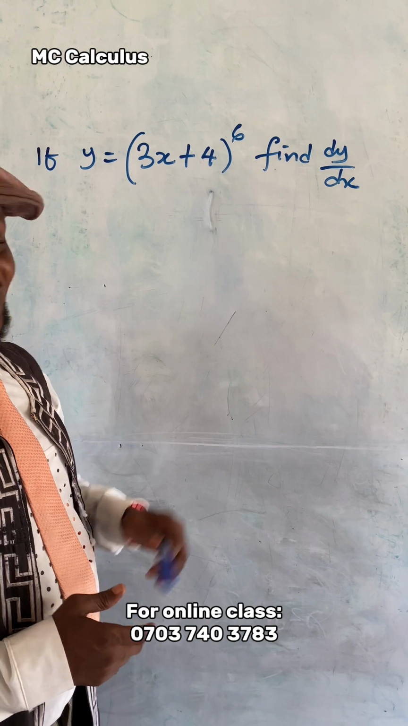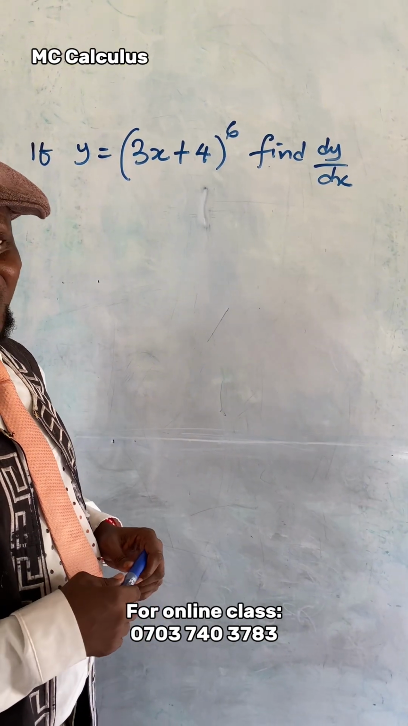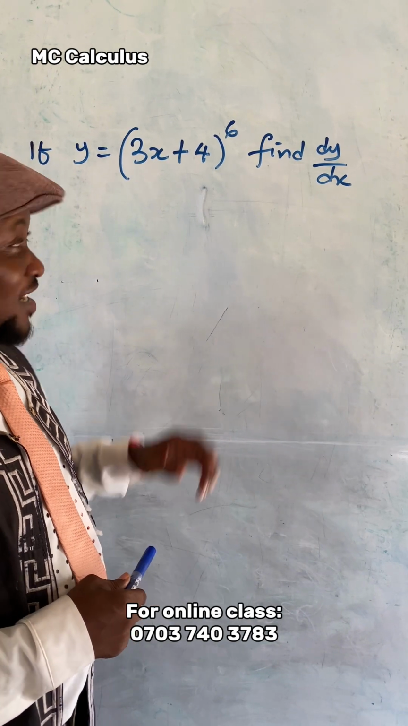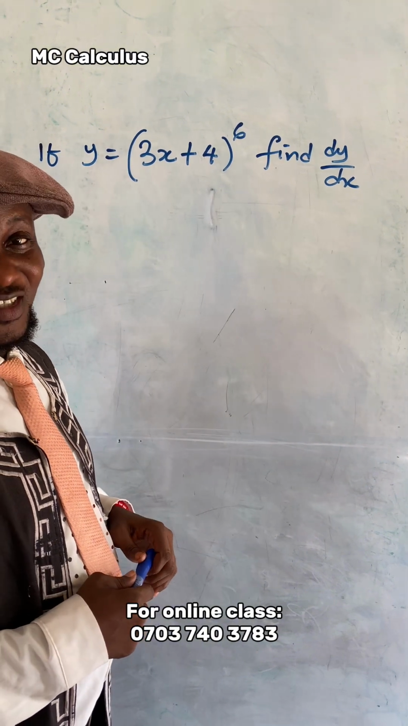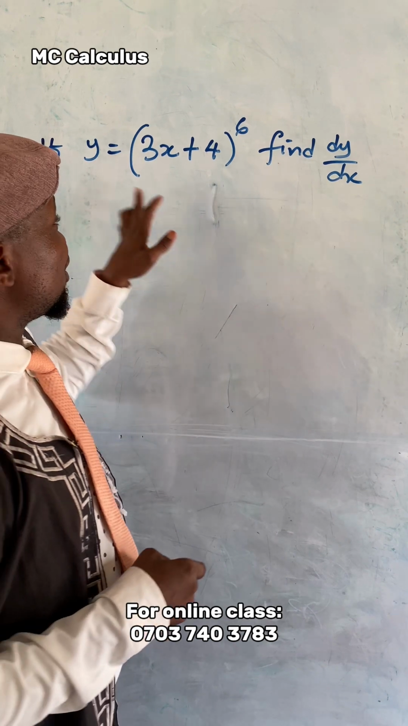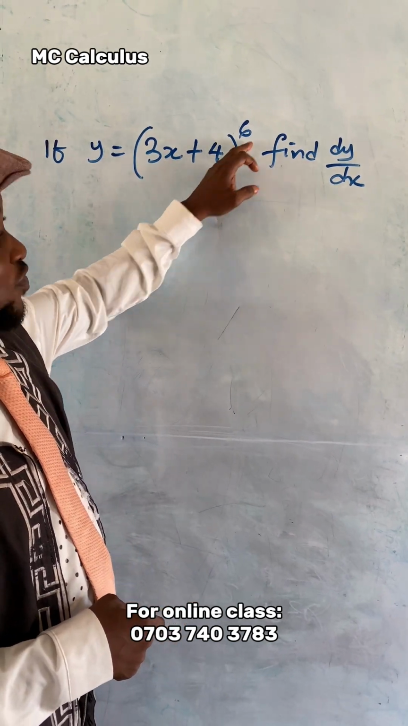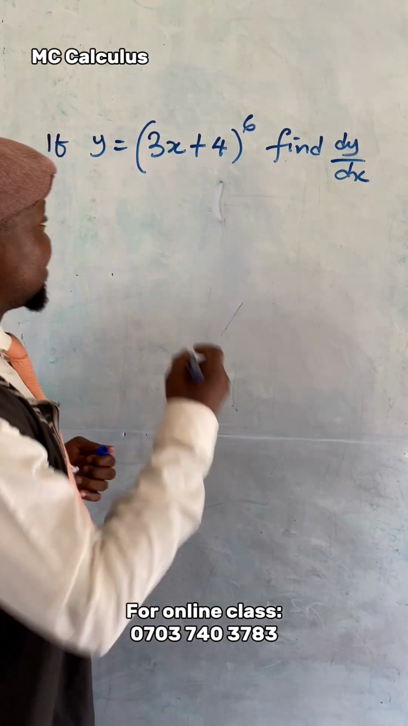If y equals (3x + 4) all to the power of 6, find dy/dx. This is differentiation, and you can see very well that this is a function of a function. Chain rule, because it's a function 3x plus 4 inside the function y equals (3x + 4) to the power of 6. And so using chain rule, what we do is now say let's